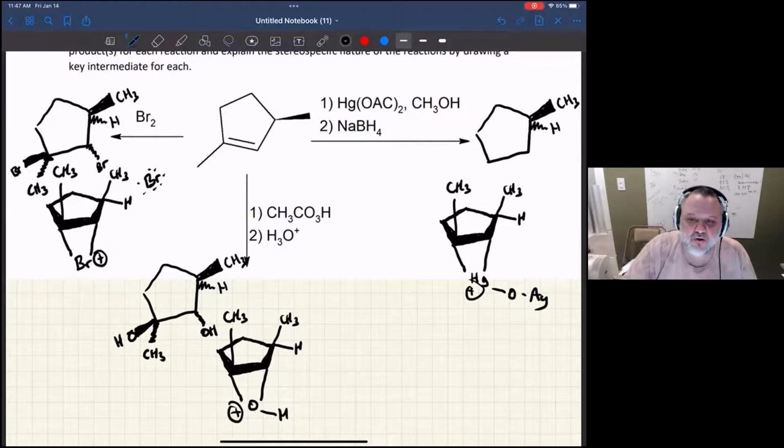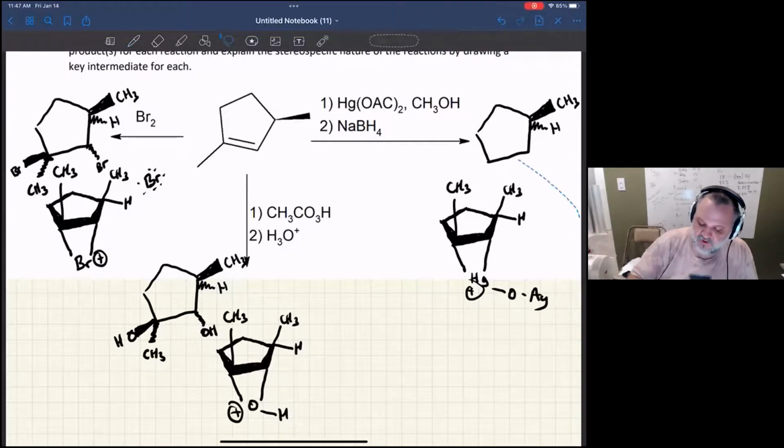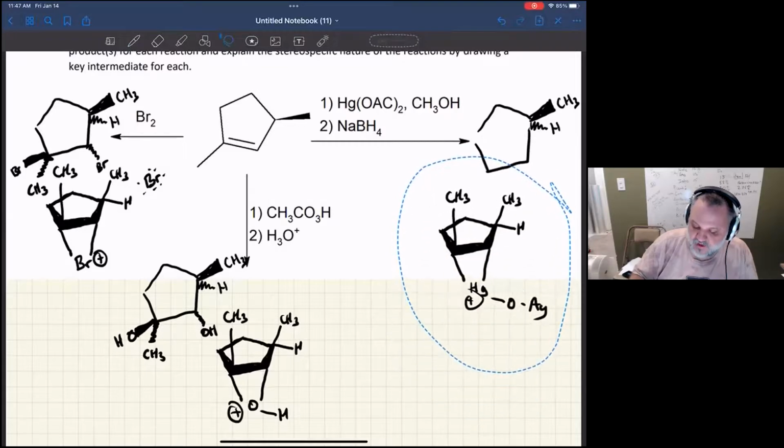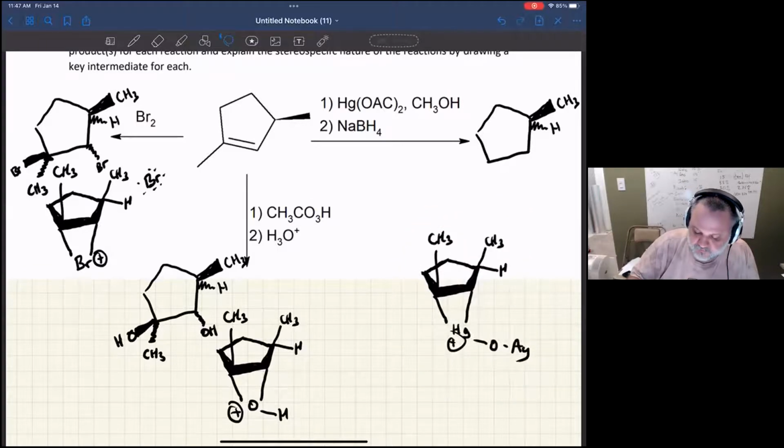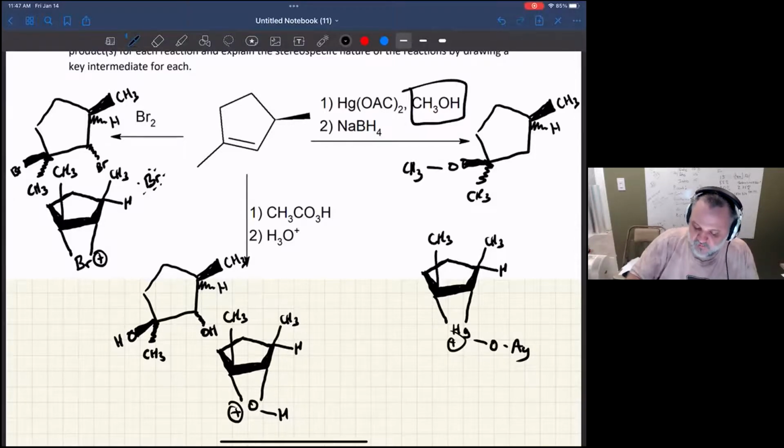Now, it's a little bit harder to see with oxymercuration, demercuration, because we're not actually forming a stereocenter generally. So I can still show you the CH3 sort of moving down. And I'm going to form an alcohol. Actually, this is forming an ether here, since my nucleophile is going to be methanol. But at the end of the day, what I have here is H